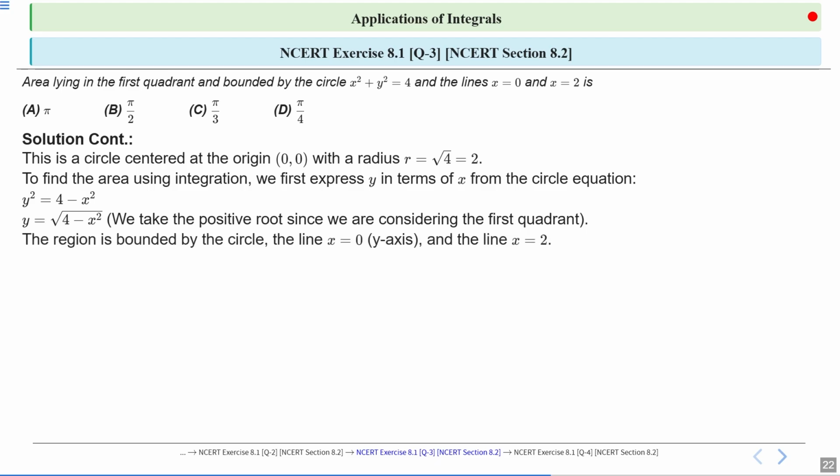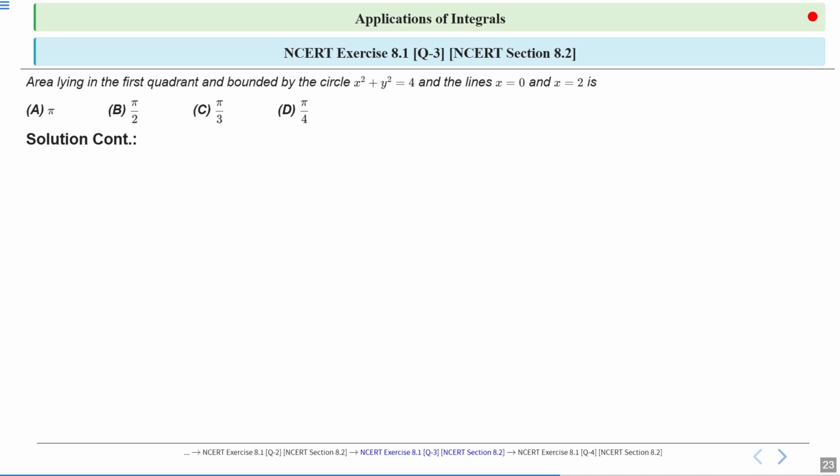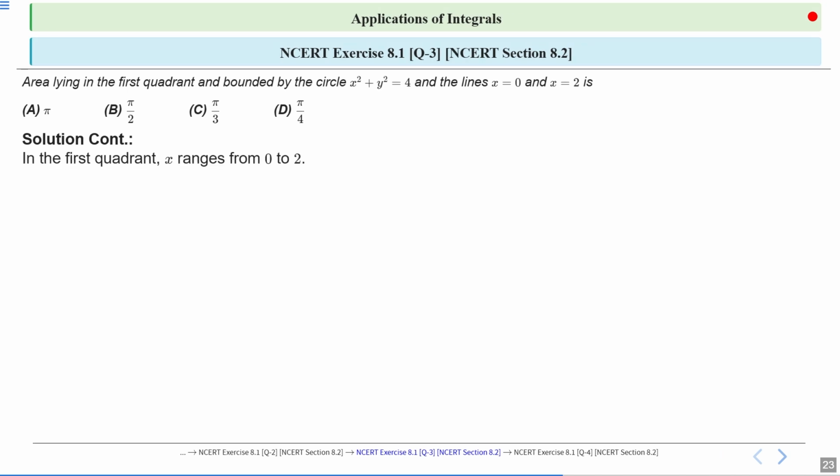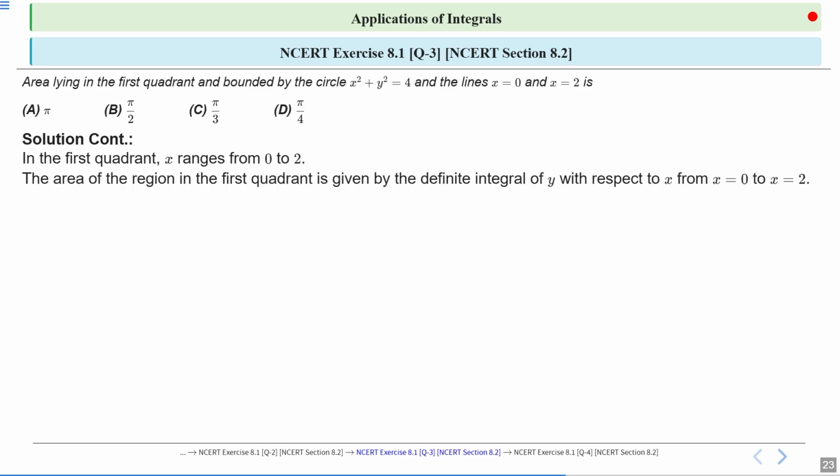So the region is bounded by the circle and the line x equal to 0, that is the y-axis, and the line x equal to 2. In the first quadrant, x ranges from 0 to 2. So the area of the region in the first quadrant is given by the definite integral of y with respect to x from 0 to 2, that is area is equal to the definite integral from 0 to 2 of y dx. So substitute the expression for y, we get area is equal to integral from 0 to 2 of root under 4 minus x